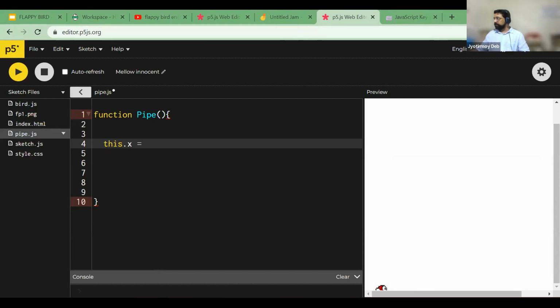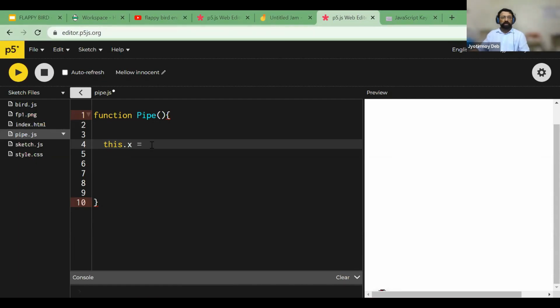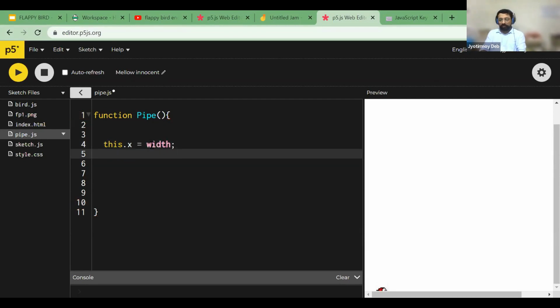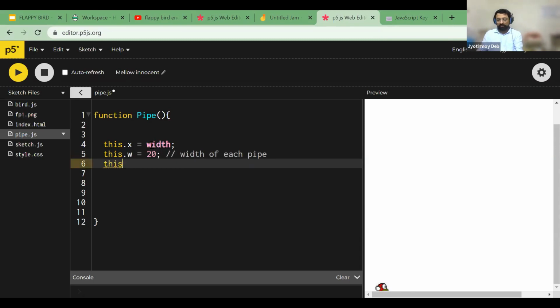So let's do that first. Okay. So this dot x equals to width. Okay. This dot w equals to 20. This is basically the width of each pipe. Okay, width of each pipe. Then what is next is this dot top